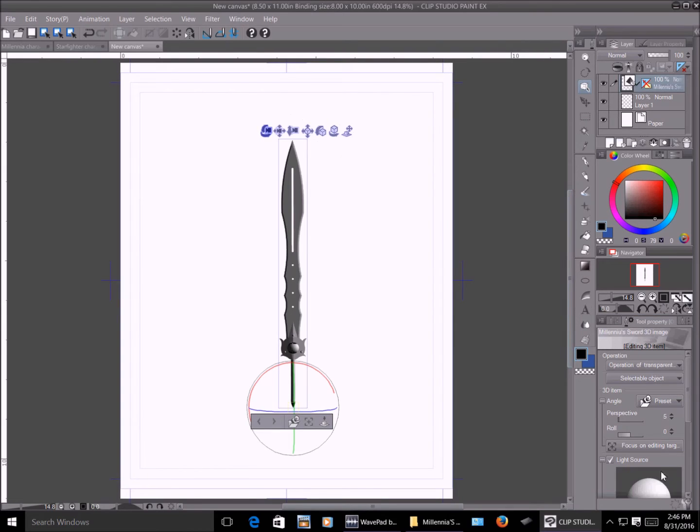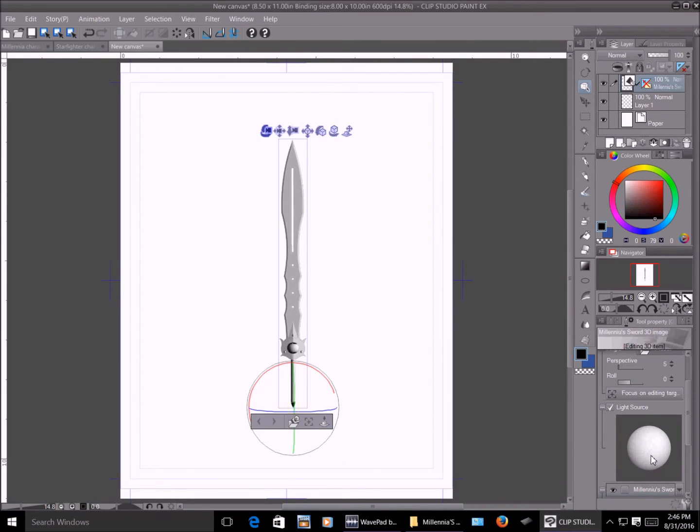I can even adjust, if I wanted to, the lighting. And that's all there is to it. I can now use this as much as I want, as many times as I want, in any direction that I want, in any perspective that I want. That simple. It's amazing. This is going to save me so much time, and it works on anything that you make in Google SketchUp or anything you download in Google SketchUp.